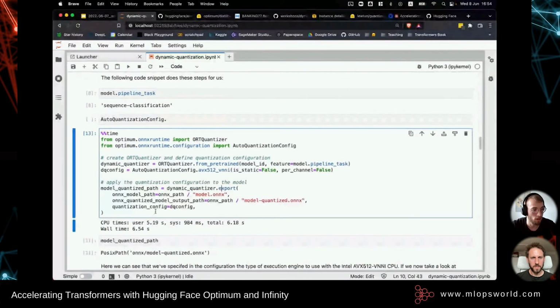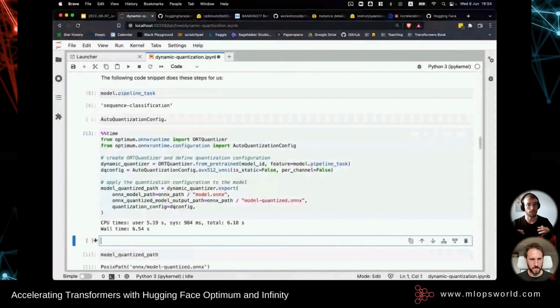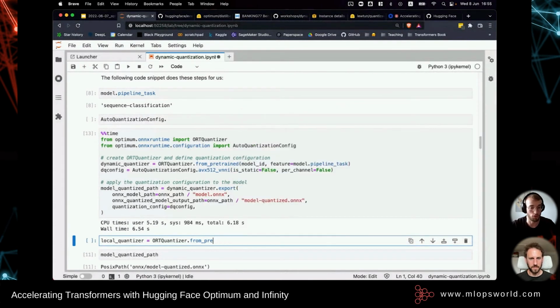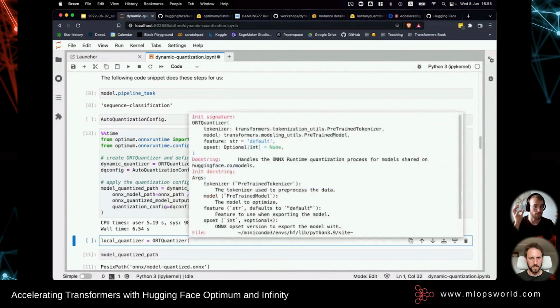Yeah. Maybe one thing I can add. In the line where we create this ORT quantizer, we currently use the from_pretrained method with our model ID from the hub. What this does is also load a tokenizer and the config JSON we have exported, to know which model architecture we are going to use, what the number of heads is, what the hidden dimension is. Those kinds of values are needed to efficiently quantize and optimize the model. But you can also create the ORT quantizer without the from_pretrained method and provide the information for your model. I guess the easier step is if you have your model as a PyTorch model and would like to export, quantize, optimize, to go with the steps Lewis has shown. If that's not possible, or if you have some different changes, like different heads or different outputs, then you need to create this ORT quantizer